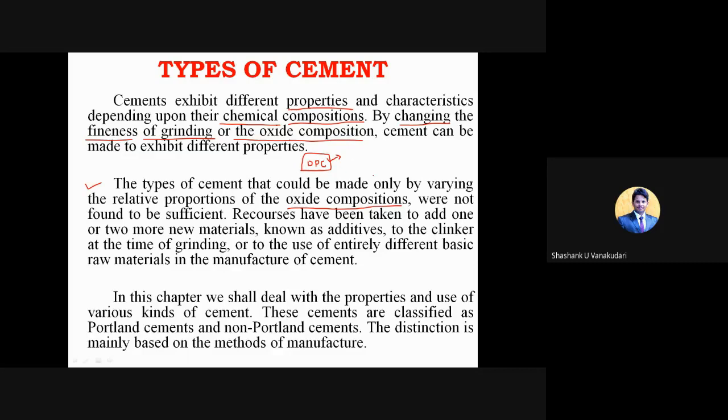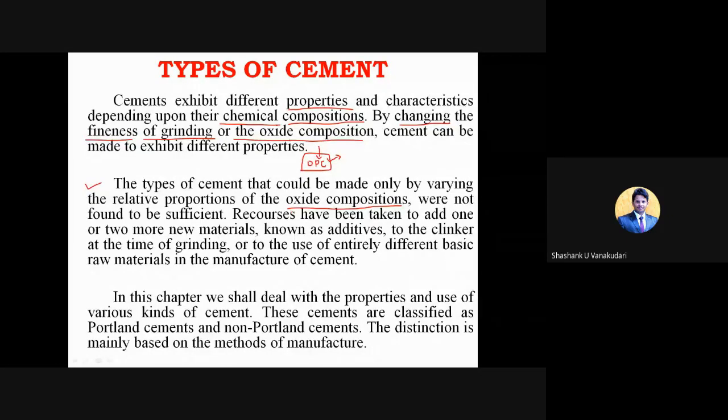Okay, and in some cases, whatever chemicals are not sufficient in this OPC, which is less in calcium oxide, that is the lime content, at that time we can use some other additives and then bring that one into a new type of cement. So that depends upon when you have a lack of chemicals present in the ingredients, and you are going to add some other materials to bring up those properties to a higher level. Clear?